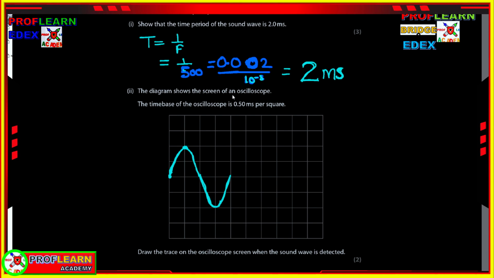Then the diagram shows the screen of our oscilloscope, and then we have the time base of 0.5. So time base at 0.5. So meaning from here to here is 0.5, from here to here is 0.5, 0.5, 0.5. The 4 of them will give us 2